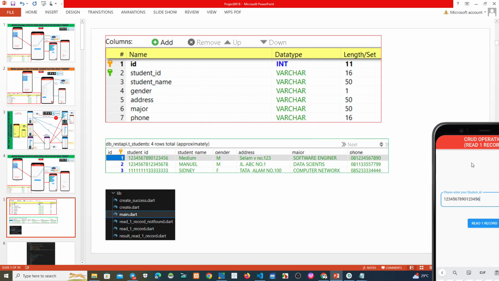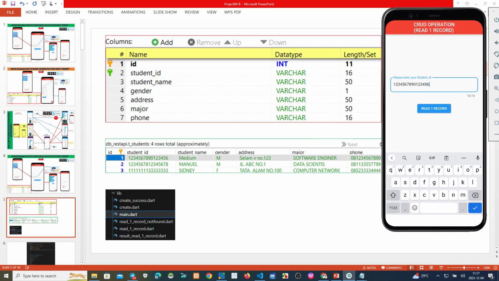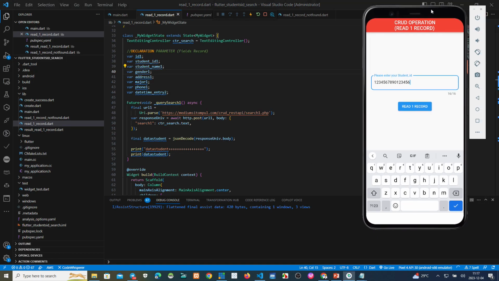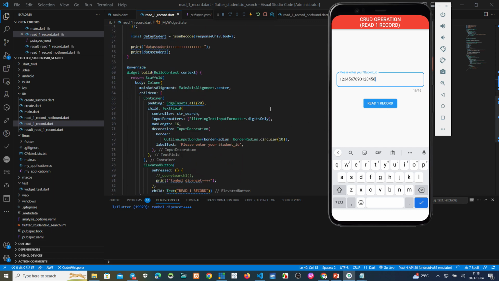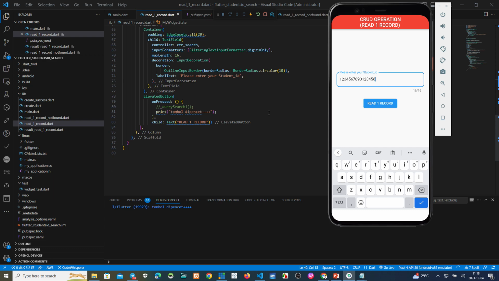Okay, now if we put here, we see this one on the debug console, we will see the result. Okay, put here, click here, tombol dipencet. So tombol dipencet, read one record.